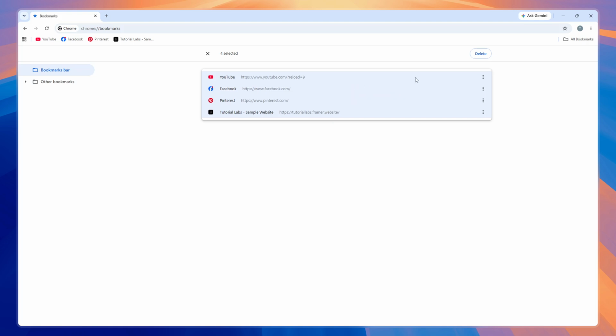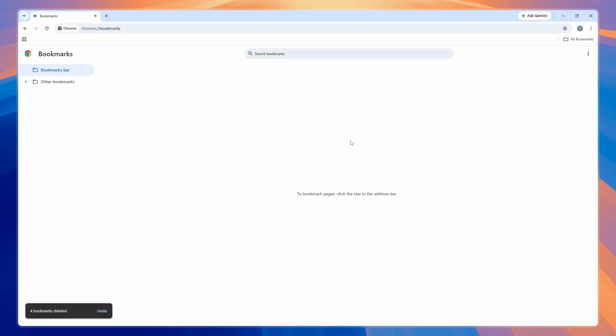Now that everything is selected, look at the top of the Bookmarks Manager window. You'll see a Delete button there. Click on Delete and Chrome will immediately remove all the selected bookmarks from your browser. This clears out your entire bookmarks library in one swift action, giving you a fresh start or allowing you to rebuild your collection from scratch. And that's it. You've successfully deleted all your bookmarks in